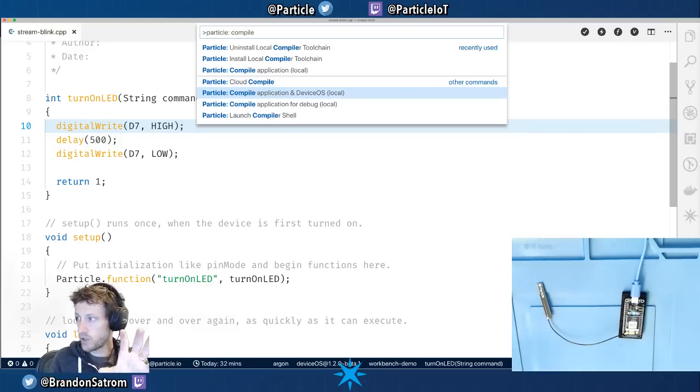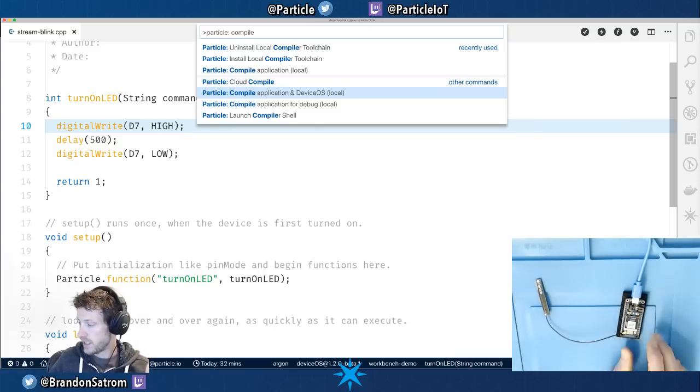These are different and you use them for different things. The three local options: compile application just compiles this code that's on the screen in front of me. This is just my user firmware. That's all it compiles, and that's all that's in the binary,